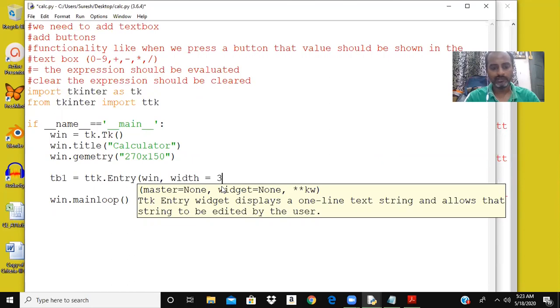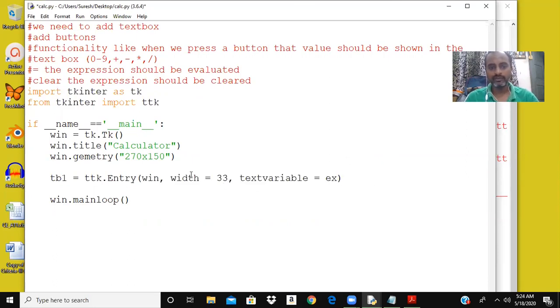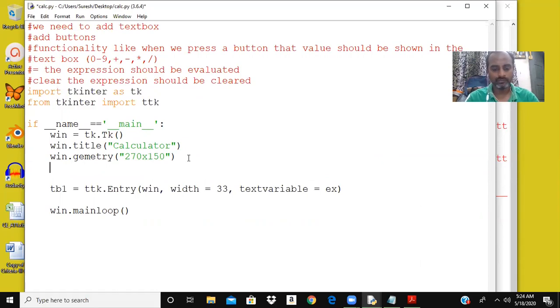I'm taking it as 33 pixels. We will see whether it fits well or not. Then I'm taking textvariable is equal to ex. So there should be an ex variable declared already. So I am declaring the variable ex is equal to tk dot StringVar. So we declare the variable.